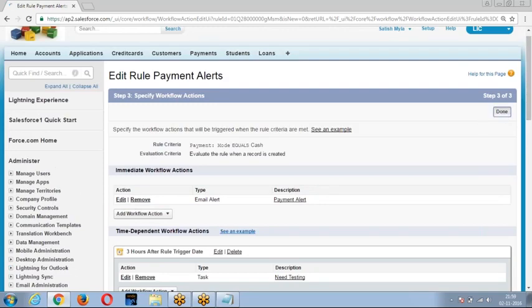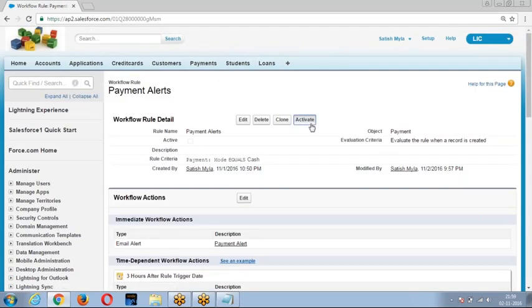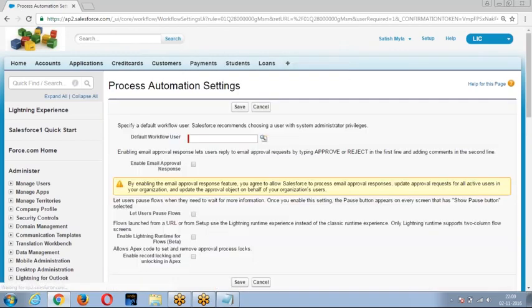Now go back to this. Activate. Now, if it is an immediate action, then run the action as Satish. But if you say run the action after 3 days, or after 10 days, after 10 days the workflow rule has to run as which user? If it is right now, it runs as the user who created this. But you are saying run this action after 4 days, after 10 days, or before